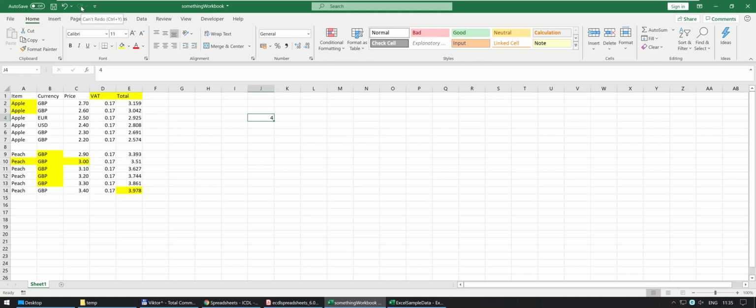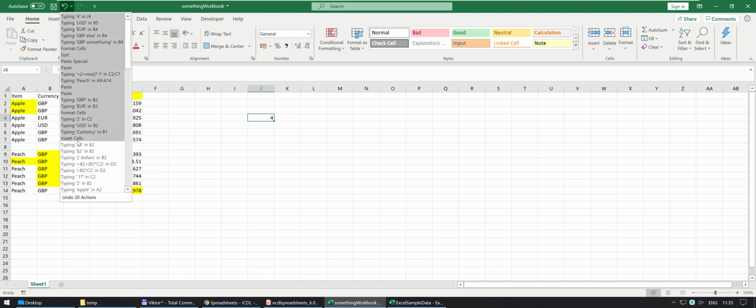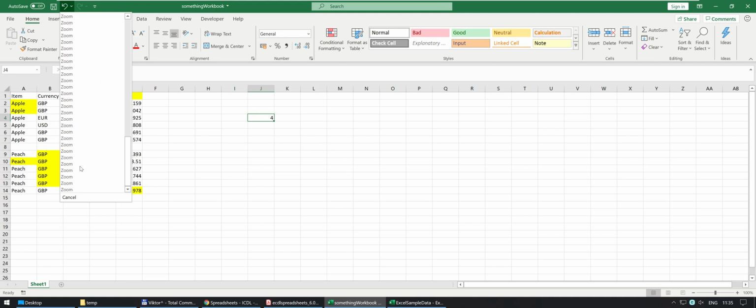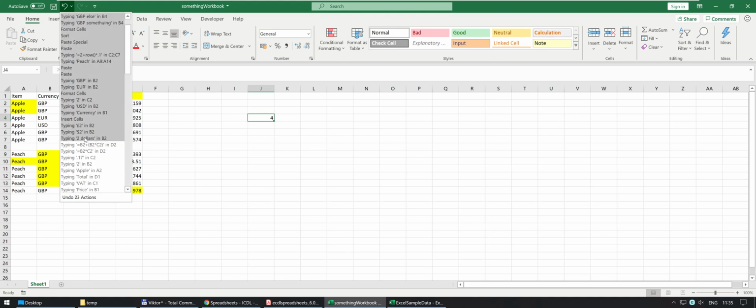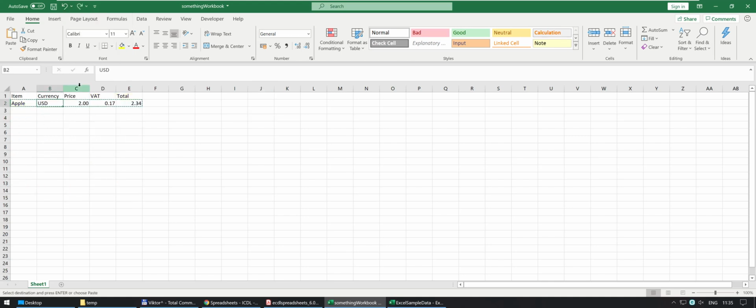If you want to undo a number of things, you can click on the down arrow here and it will give you all the history that you have done since opening the spreadsheet. And if you undo a whole bunch of things, and I'll just undo until here, whatever that may have been, then you can start redoing individual ones. But what you want to keep in mind is, if I redo everything apart from typing into 4,